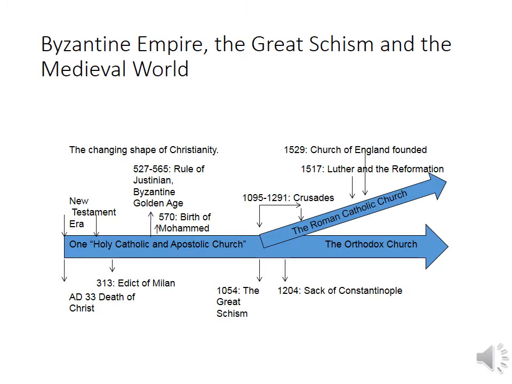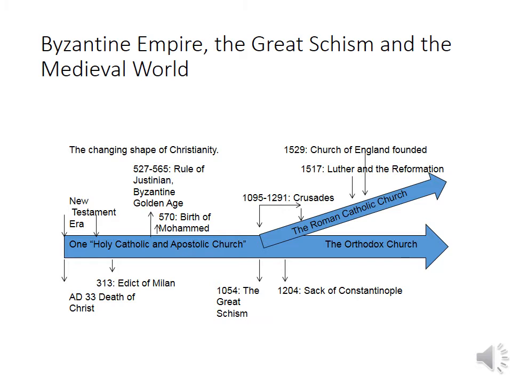So the first thing we're going to do is look at this timeline, and I don't usually do this. I don't usually put timelines on these presentations, but given that this time period we're looking at, the late antique, is kind of a transitional period from the collapse of the Roman Empire proper and the development of the Holy Roman Empire and medieval Europe, I thought it was important for us to locate ourselves chronologically and have a good idea of where we are in terms of our time frame.